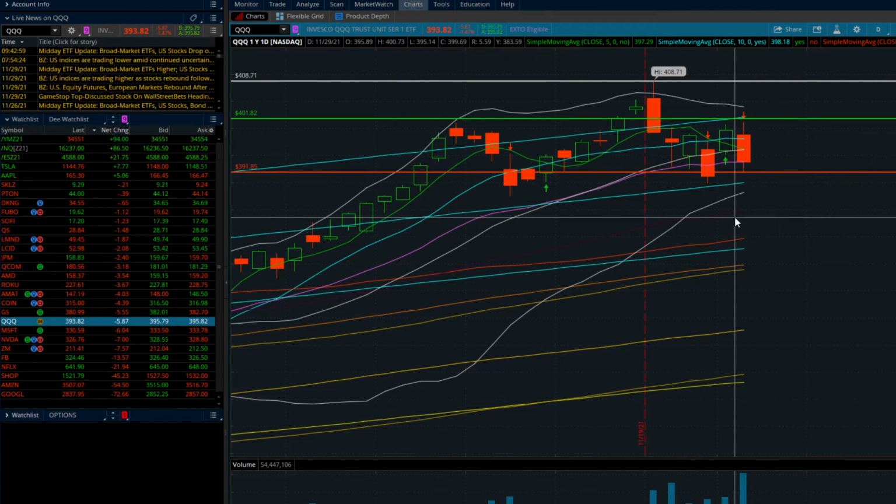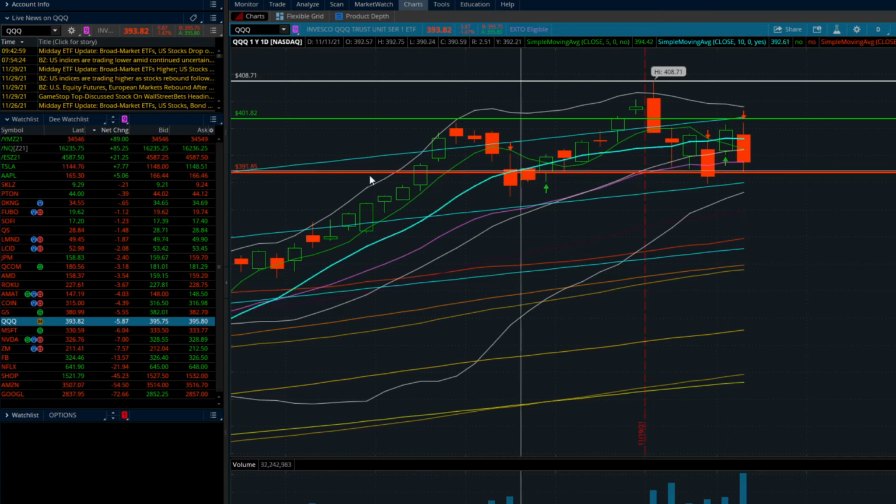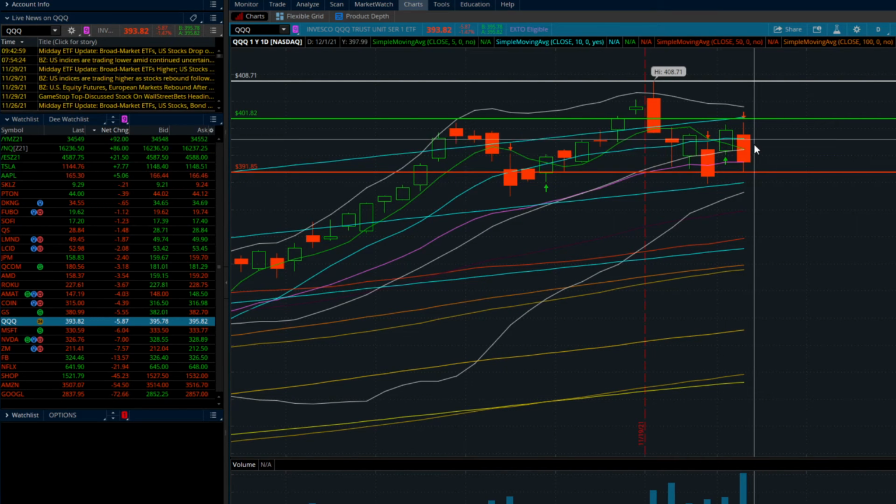Let's start fresh going into December, going into January, and let's get a push off of this 50-day moving average here and then ramp up into all-time highs. I think that would be the best possible scenario here, but I don't think the market's going to play out that way. Either we're looking for a big flush through 391.85, or I think we're going to continue to bounce